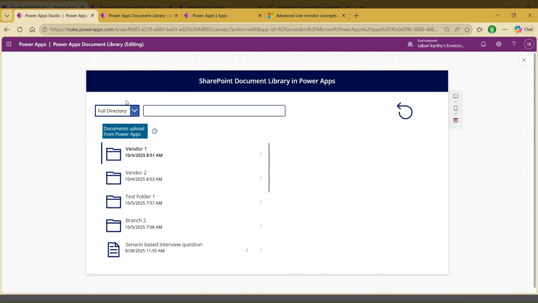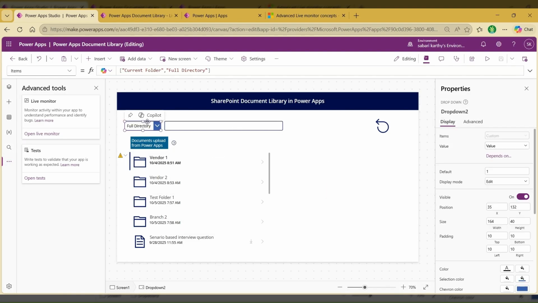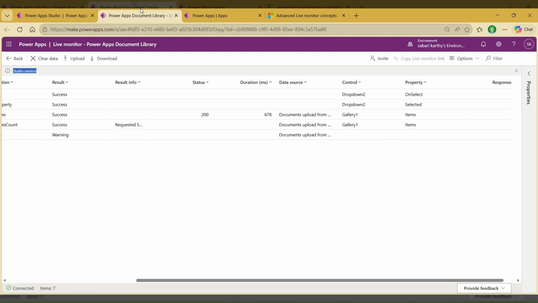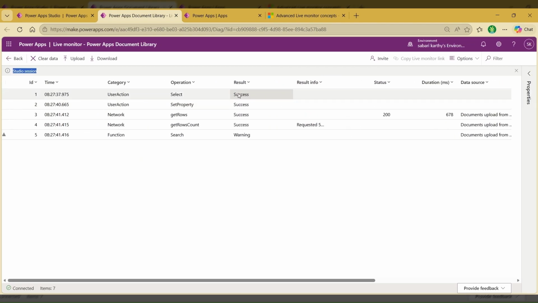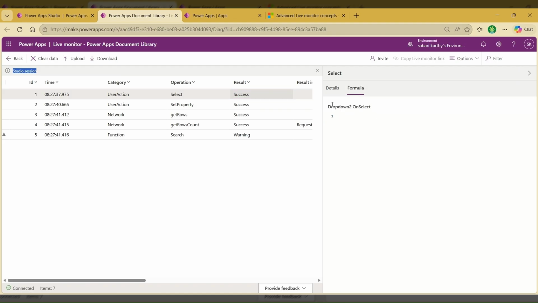So when I click this drop down, which is Dropdown2, if you go to the edit mode, you will be able to see the name. This is Dropdown2, and on clicking this, the first OnSelect property got triggered. Let me select that, which will open a complete view of information. If you go to the formula, there is nothing here because it is just the OnSelect